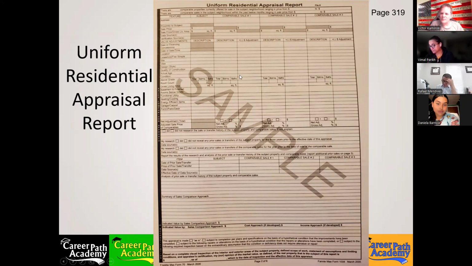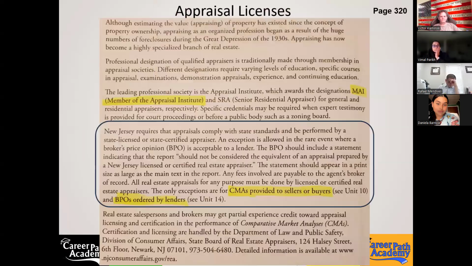And it looks like the CMA that we were doing, right? When I was showing you how to do a CMA before, how to compare the subject property to comparable 1, comparable 2, comparable 3. But they have a little more information about what is the description of the item that's different, and what's the adjustment they're making for each item, and then they got notes and questions about the market itself. Is it a declining market? Is it a steady market, or is it an increasing real estate market? So there's other additional information appraisers need to put on their appraisal reports that we don't put in our CMAs. Okay, so